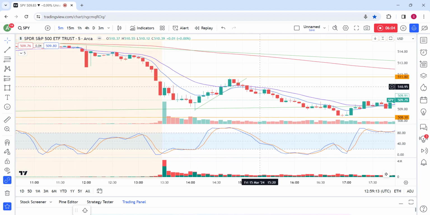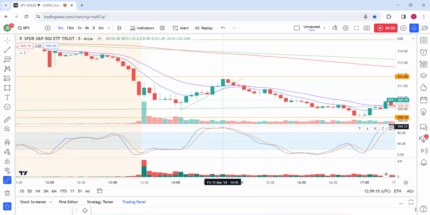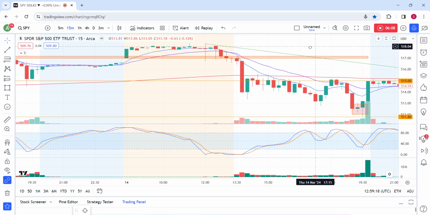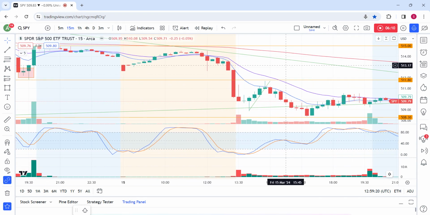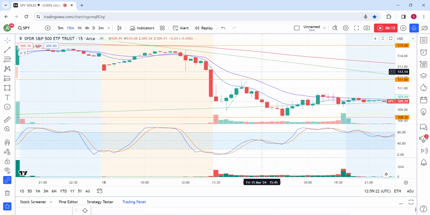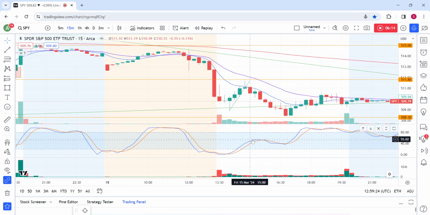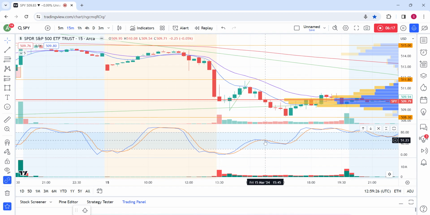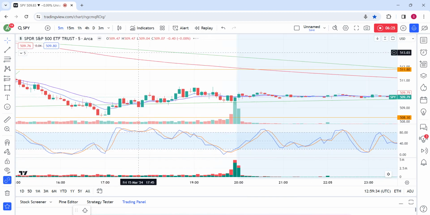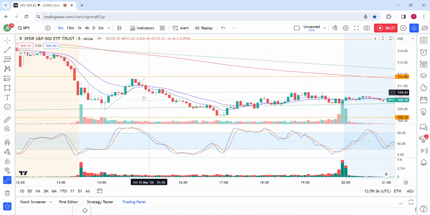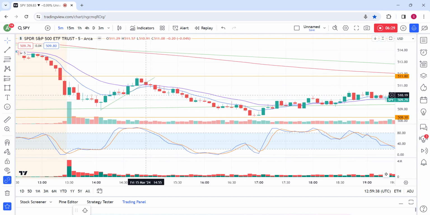We go to the 5 minute, we also have a cross of RSI to the downside. And lastly, also on the 15 minute, the RSI wasn't as good as the 3 or 5, but this was acceptable for me. We also had a classic rejection candle right here. Volume wasn't the greatest, but the main thing for me when I was shorting was that there weren't any buyers showing